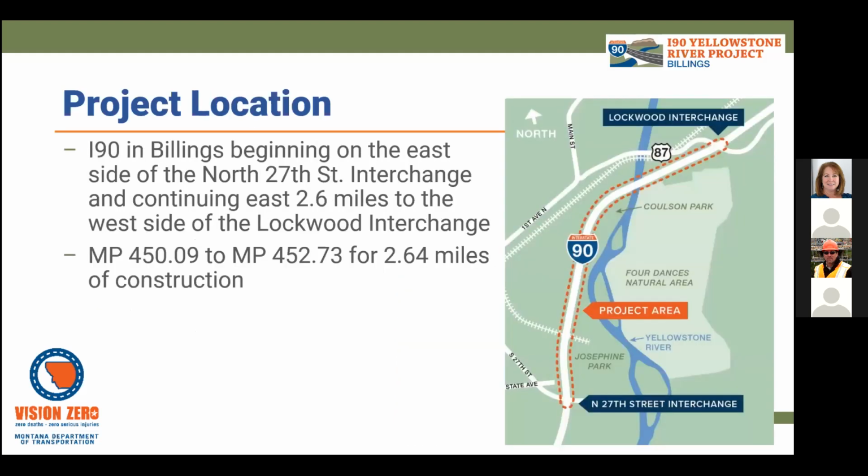Yeah, thanks, Mike, and thanks to everyone on the meeting today for your interest in the project. I'm going to start just by reiterating our project location, because we do have a few projects out there in this area. And just to avoid confusion, our project is located on the interstate, of course, on I90 within the city limits of Billings. And it begins at the top of the 27th Street interchange and then runs in the eastbound direction, or geographically north, over the Talon Energy Rail Spur, over the Yellowstone River, and then ends at the top of the Lockwood interchange.